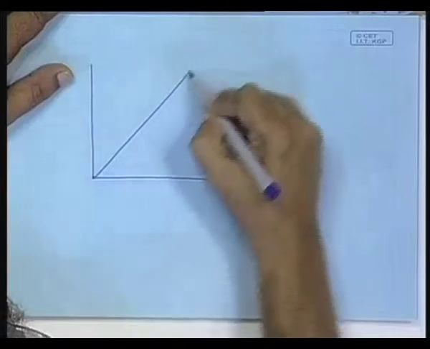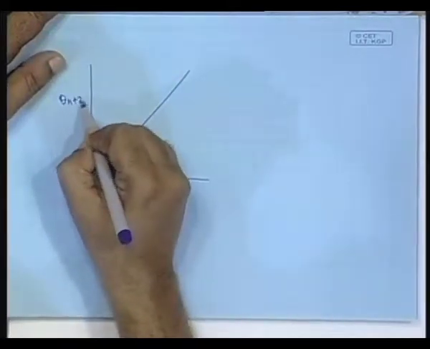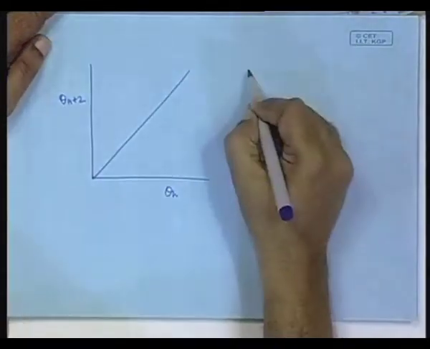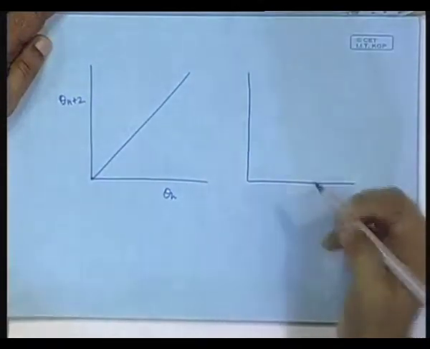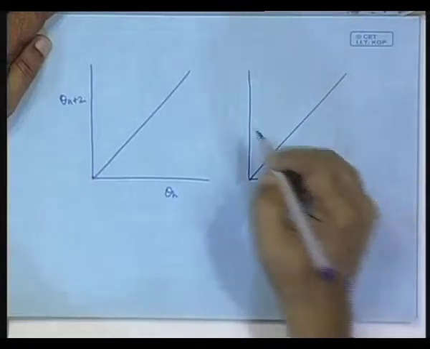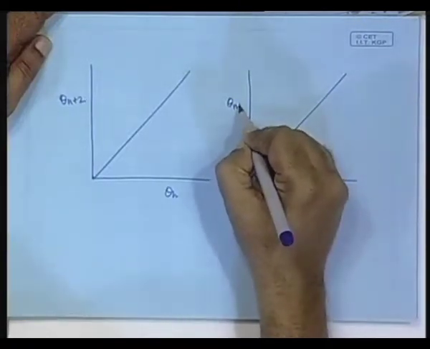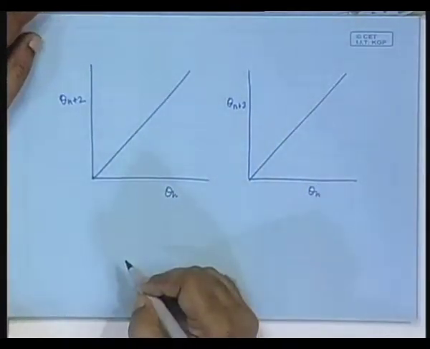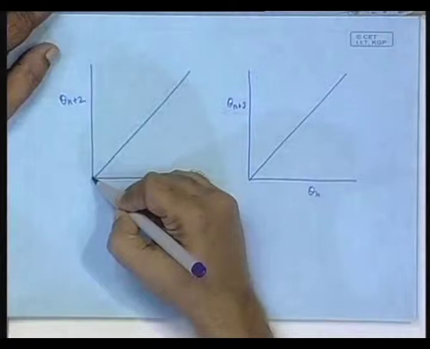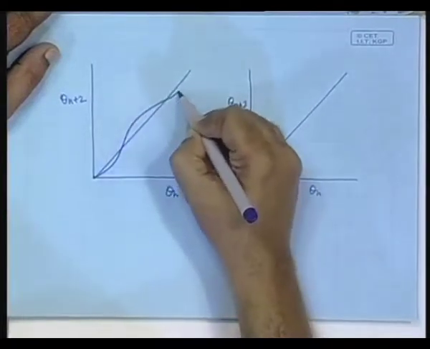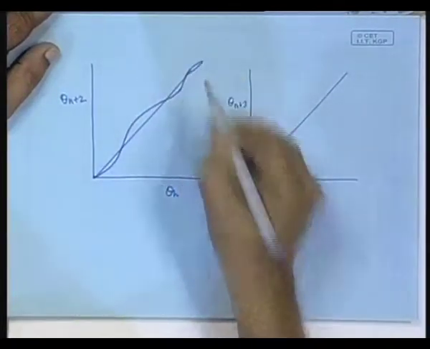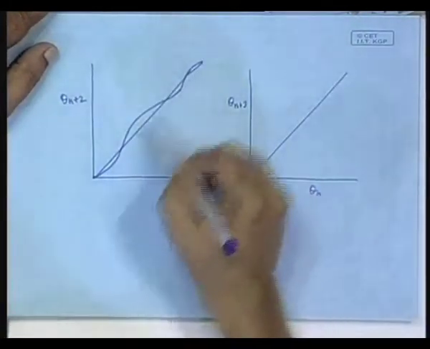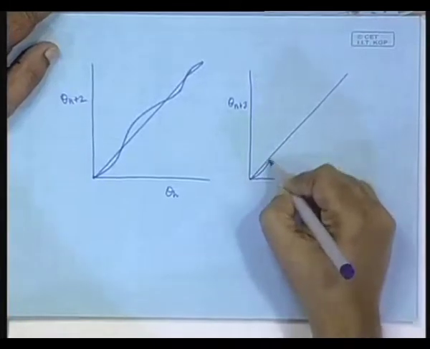In one case, I will have to draw theta n plus 2 versus theta n, the way we did for the logistic map, in order to understand the character of the period 2 orbit, and the other case we will need to do n plus 3. Okay. In this case, there would be this kind of behavior. So, as a result of which there would be few fixed points around it. In this case, there would be more number of these things,